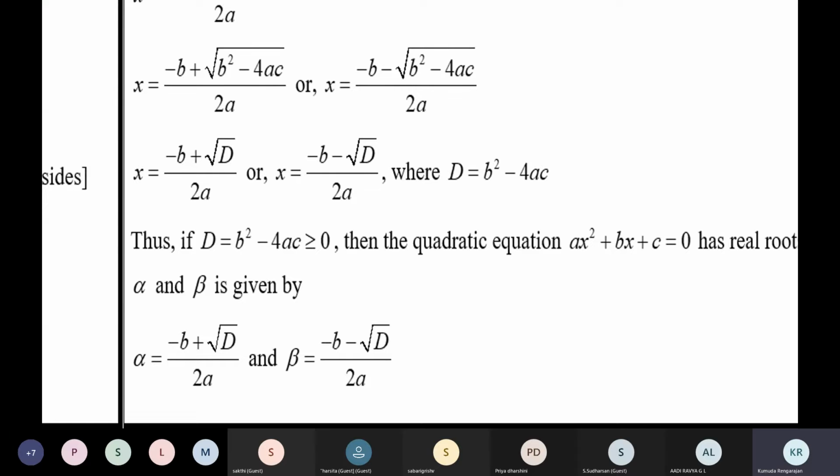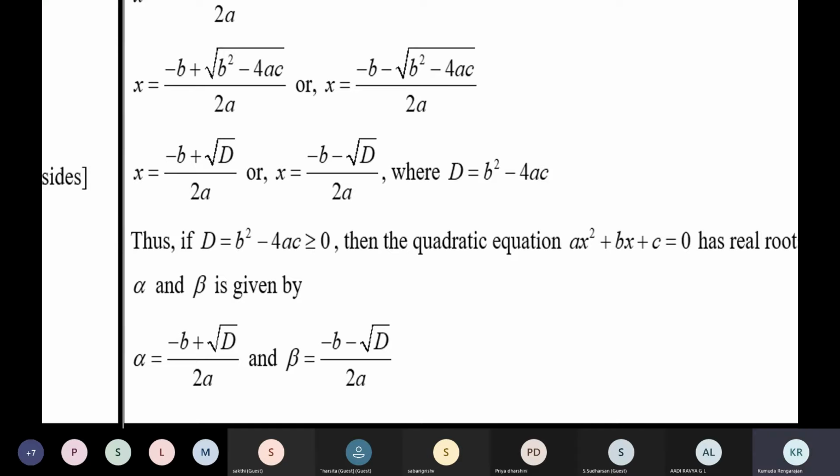Now, when you're given a quadratic equation and you find that 2 and 3 are the zeros, that is, 2 and 3 are the roots of the quadratic equation, that means in place of x, when you use 2, the equation will be satisfied. Or when you use 3 in place of x, the equation will be satisfied. Only such values are called the roots of a quadratic equation.